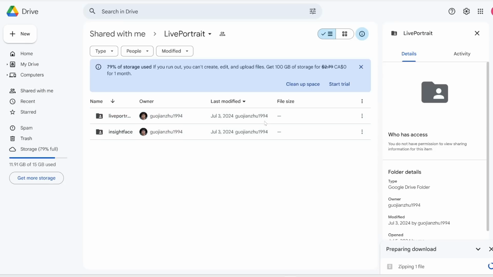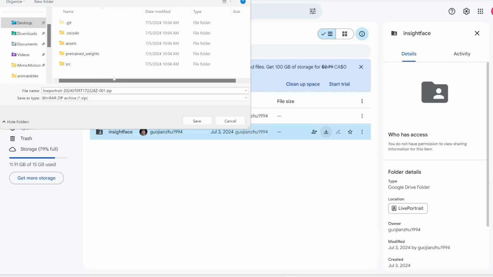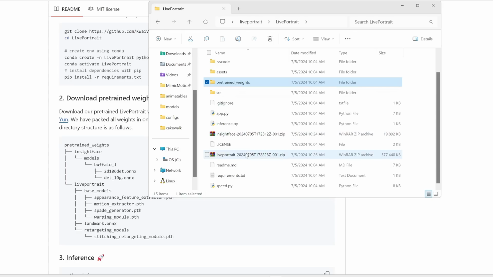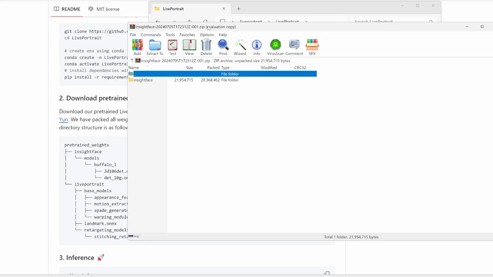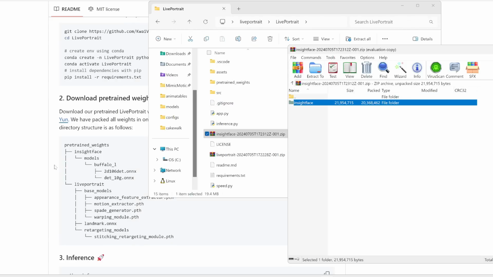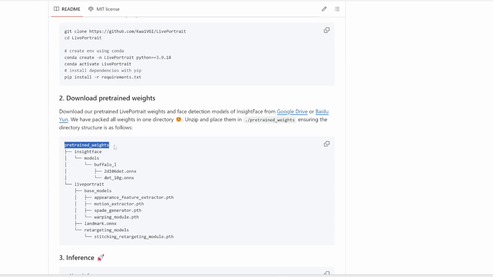And then while this is zipping, I'm also going to download this folder as well. All right, so I'm just going to choose to download the zip file into here. And then same with the second zip file, I'm just going to download it into our cloned repo folder. All right, so now we have the two zip files downloaded to our folder. It doesn't matter where you download it. All you got to do is unzip the files and extract the folders into the pre-trained weights folder in our